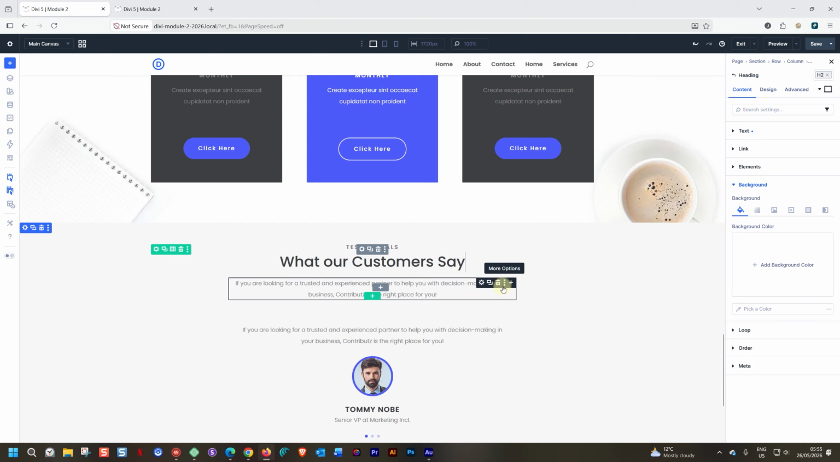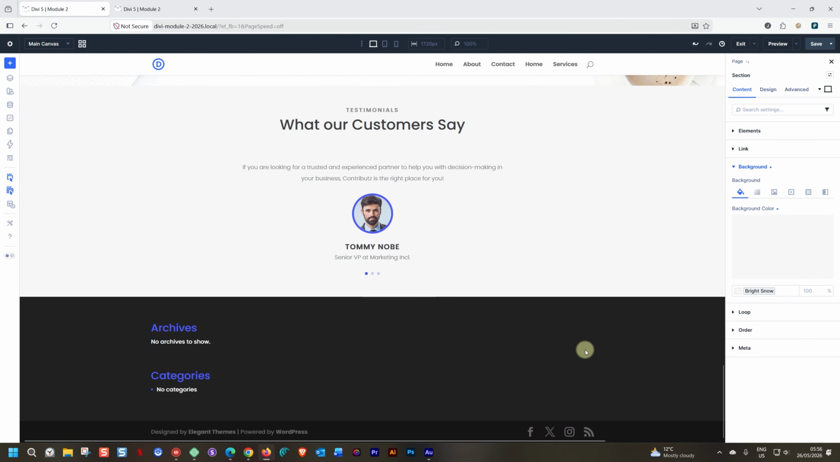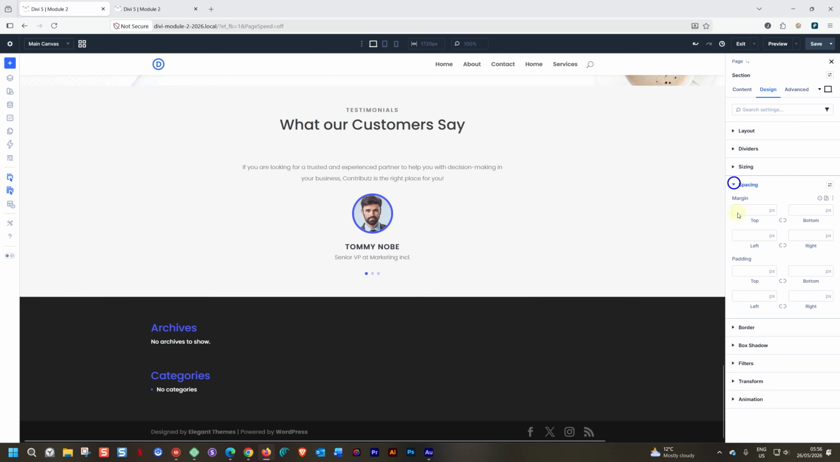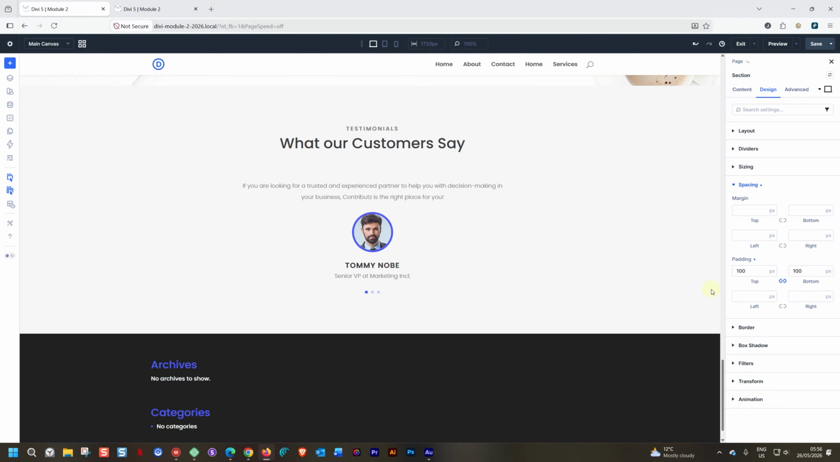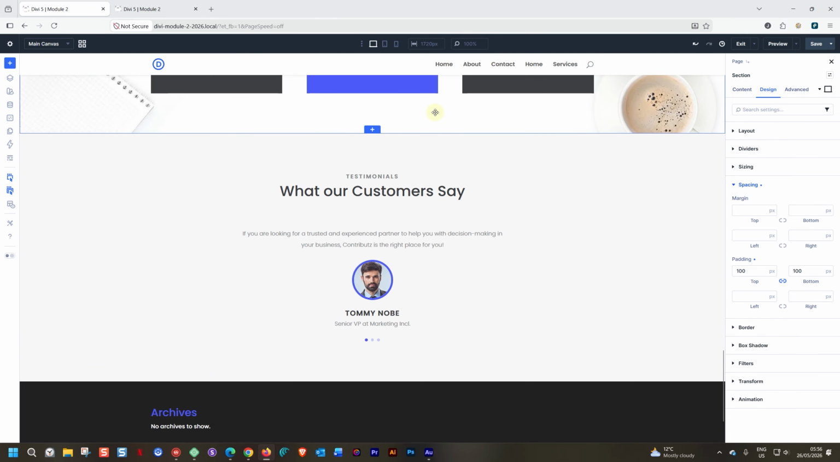Hover over this blurb here, delete it, and we've created this one for our testimonial section. Add some padding at the top and the bottom. Design, spacing, padding, 100 pixels at the top. Click on the link to also add 100 pixels at the bottom. Before we move on to the last section for this home page and then work on our navigation, we look